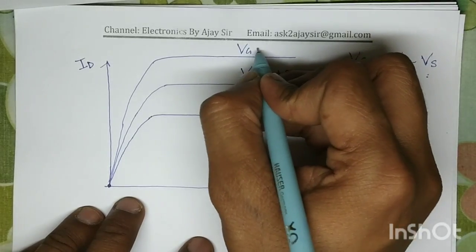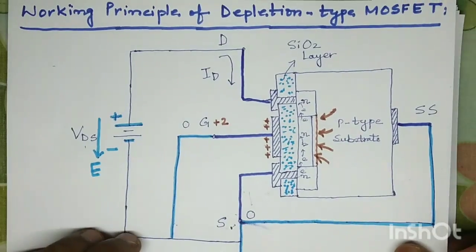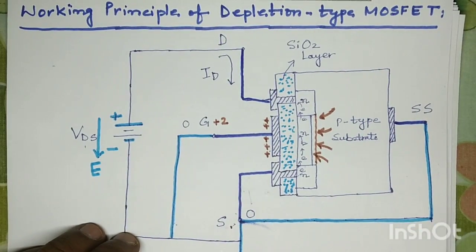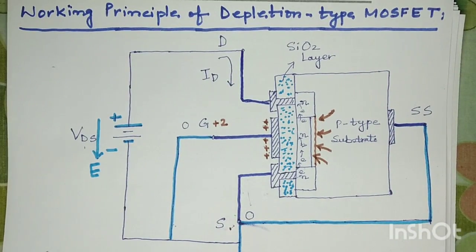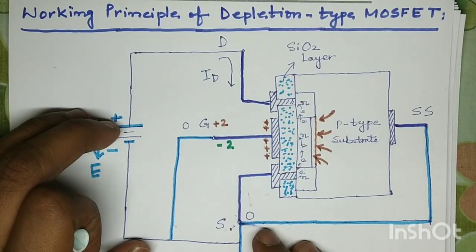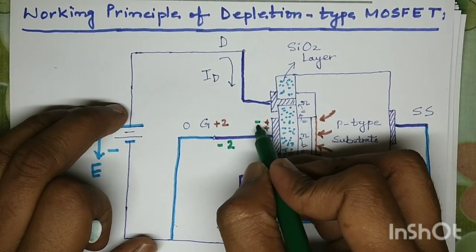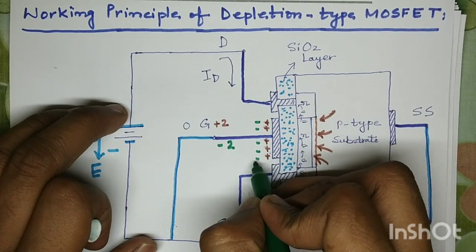So let's suppose this is VGS equals +3 volt. Now what will happen if we apply some negative potential? If we apply some negative potential at the gate, let's suppose we applied -2 volt at the gate. So due to this -2 volt, this metallic plate will be negatively charged, and due to this negatively